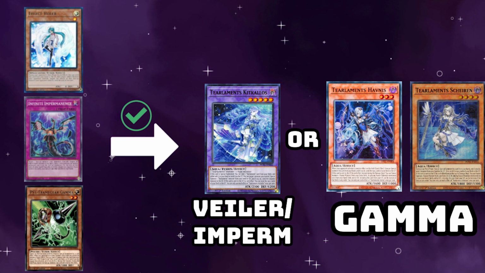Valor and Imperm, unlike Ash Blossom, you do actually want to save these specifically for Kikkalos. So if I open Ash Blossom and nothing else, and a normal Rhino Heart, like I said, I'll use Ash Blossom against that. But if I open Valor or Imperm and nothing else, and a normal summon Rhino Heart, I'm gonna wait. I'm gonna wait for them to summon the Kikkalos because, as mentioned earlier, by using Valor and Imperm